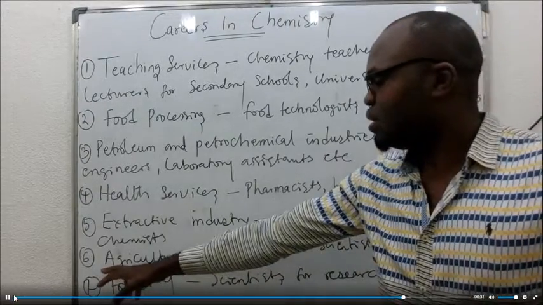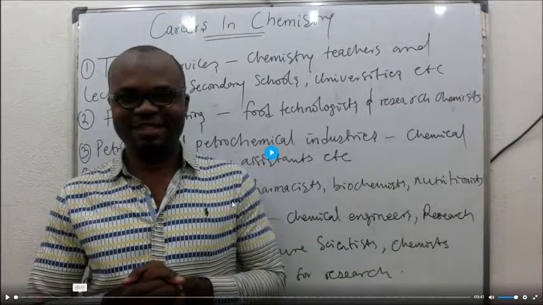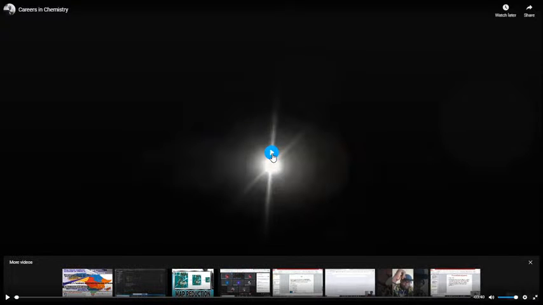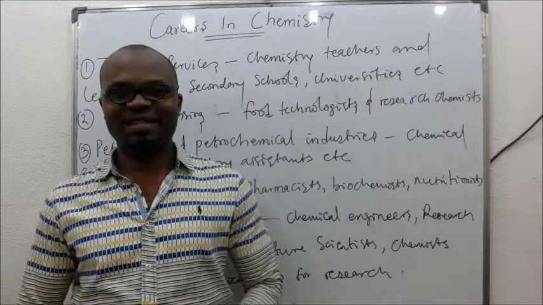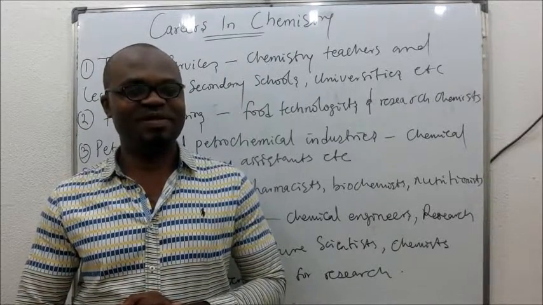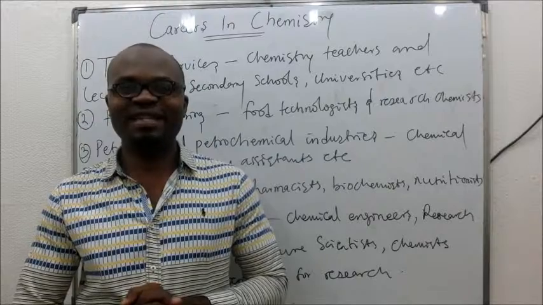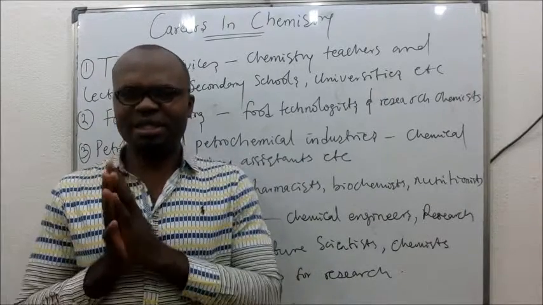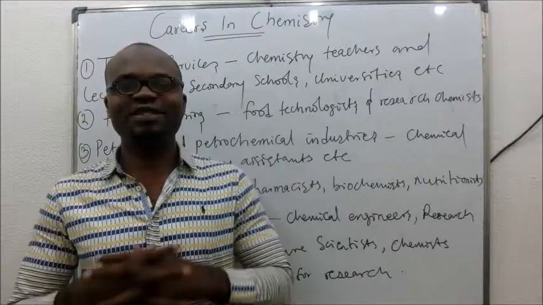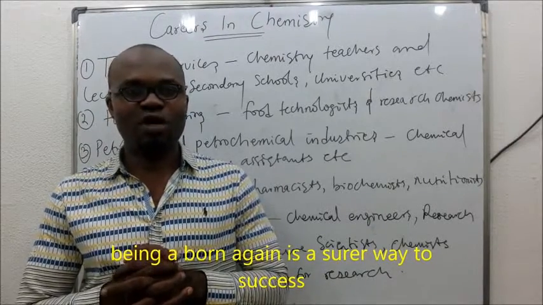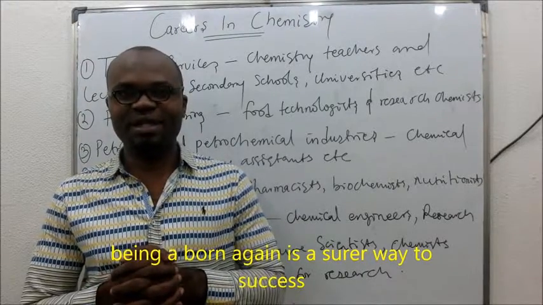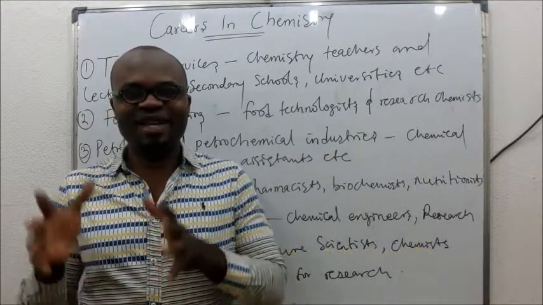They can also work in the agricultural sector. So let's pay attention. When you study chemistry, you want to get a job after studying, maybe in the university, you come out, you want to get a job. What are those job opportunities that are available for people with the knowledge of chemistry? Where can somebody that studied chemistry work? Where can he or she get employment? There are many places that somebody that studied chemistry can work.